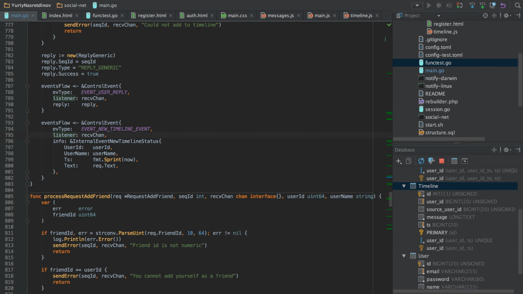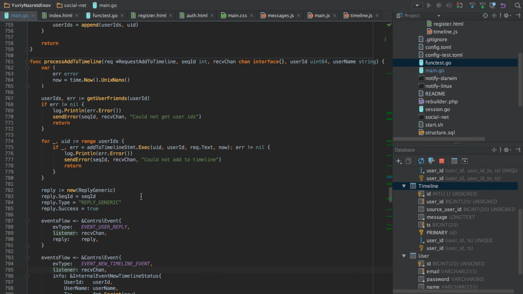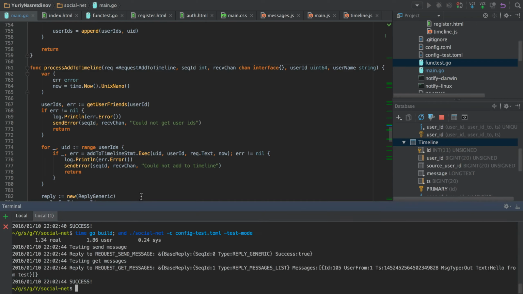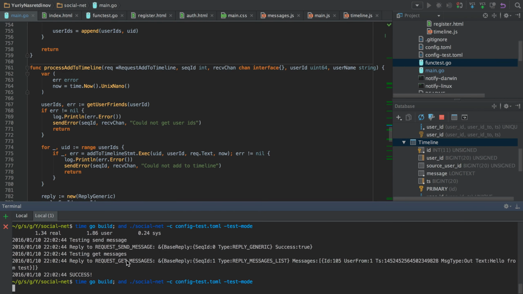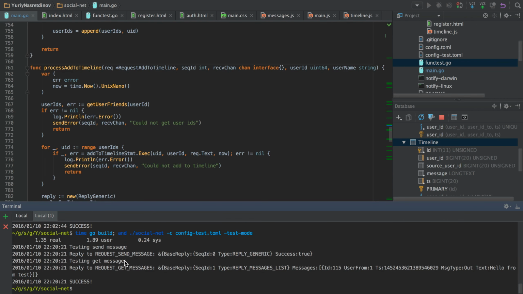So let's now look at our test, and you can see that we send a message, and in request get messages we receive one message that was sent, and it's all connected using WebSocket.